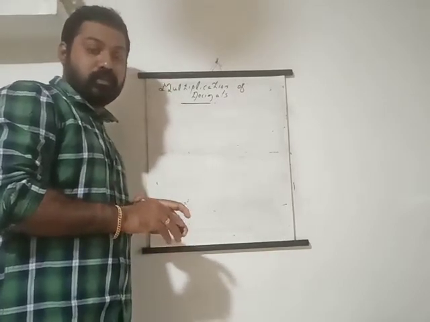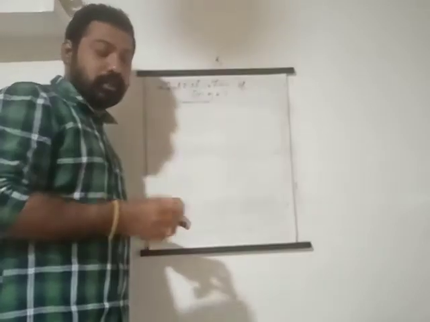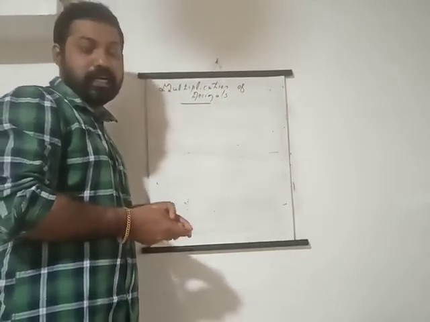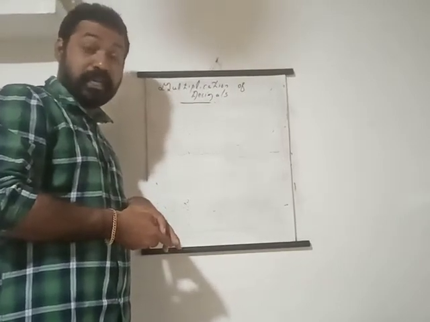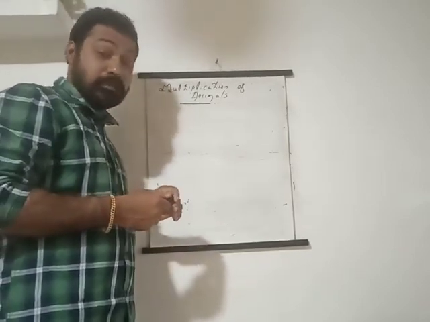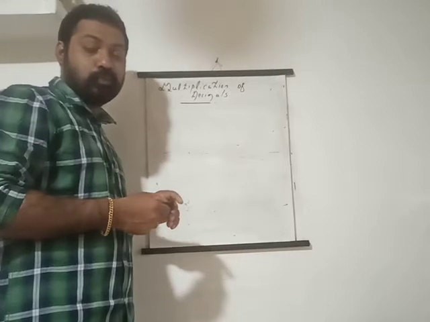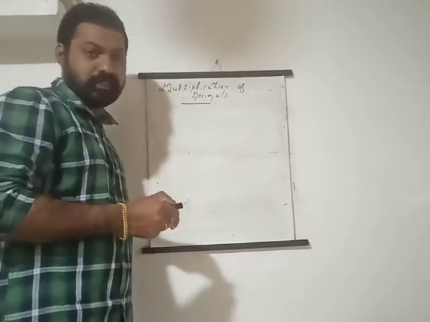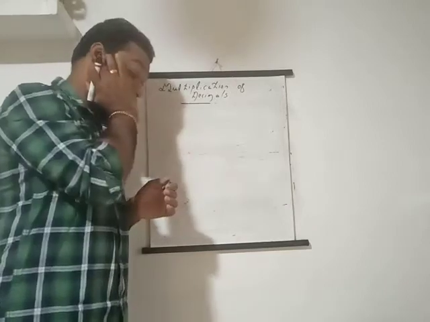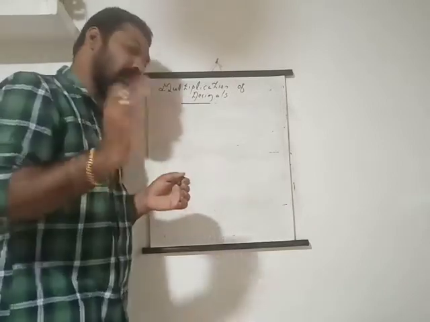So you already learned how to multiply decimals, isn't it? Yesterday we studied how to multiply decimals by a whole number. Some students may have doubts about how to multiply. What is the trick behind it? Very simple. When you multiply a decimal with a whole number, it's very easy.